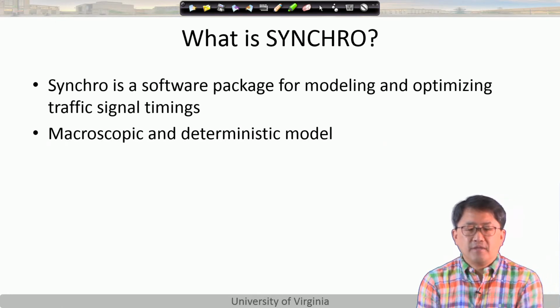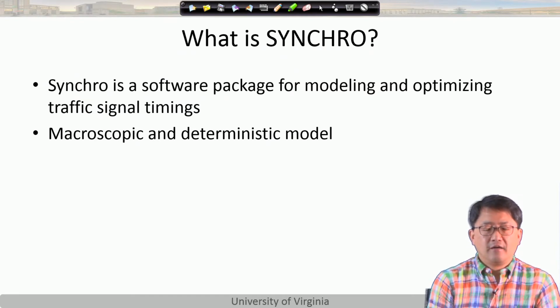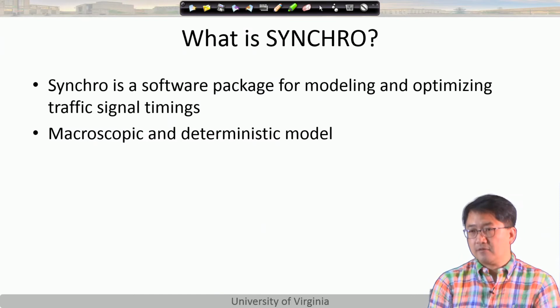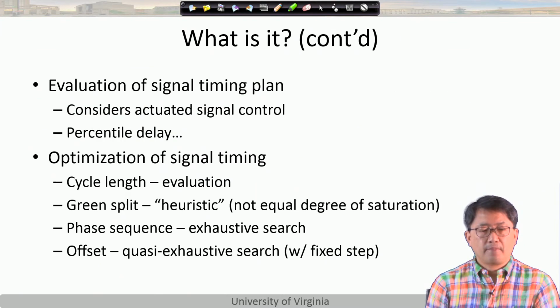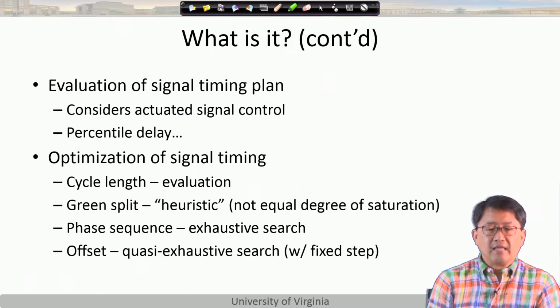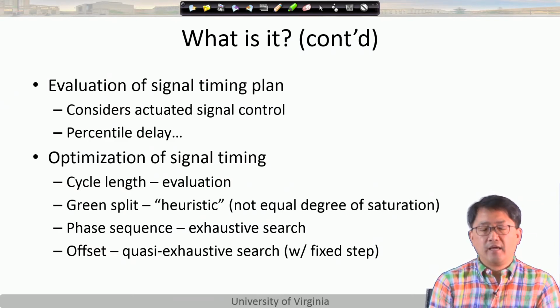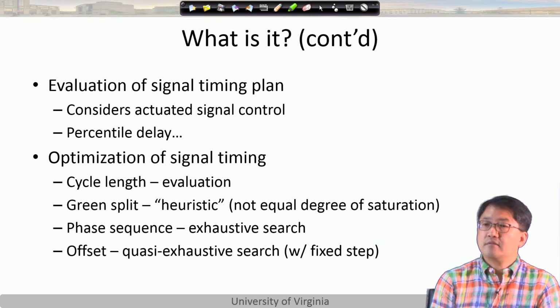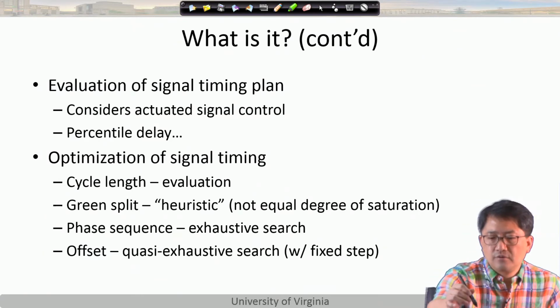Synchro is a software that can model, simulate, and also optimize timing plans. And it is considered as a macroscopic and deterministic model. It sounds like not good, but they have a really smart way of designing timing plans. So you can actually evaluate timing plans. Means that you can simulate conditions and estimate the delay. It does consider actuated signal, which is good. And this is a sort of a new terminology,